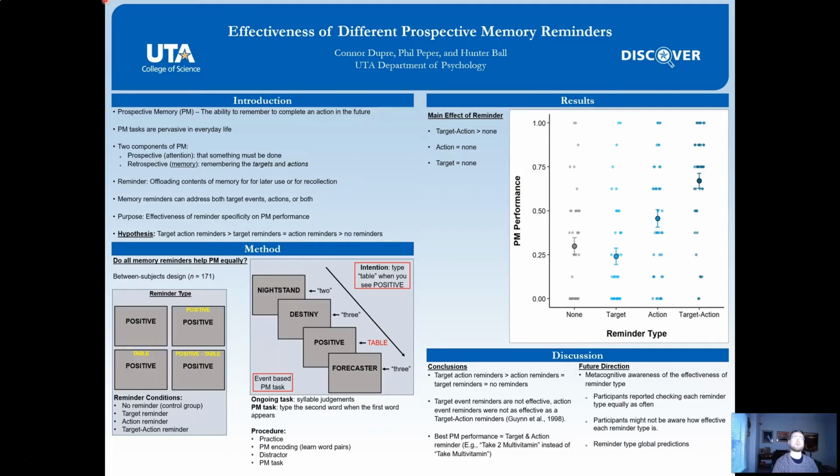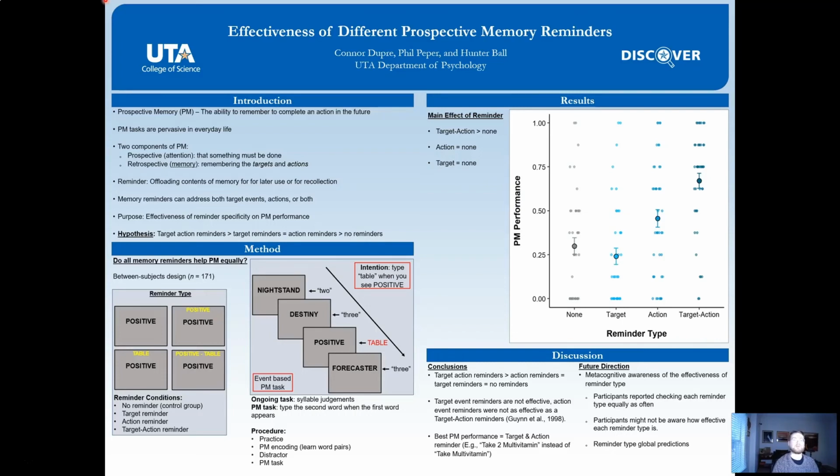It's worth noting that other studies, including ours, have found target reminders help for simple intentions with multiple targets associated with a single action, such as pressing the 7 key whenever the corresponding word was seen. However, most real-world prospective memory intentions have a unique action for every target event, like we had in the current study. Regardless, target action reminders are best. Practically speaking, when you set your own reminders, make them as specific as possible, such as take 2 multivitamins instead